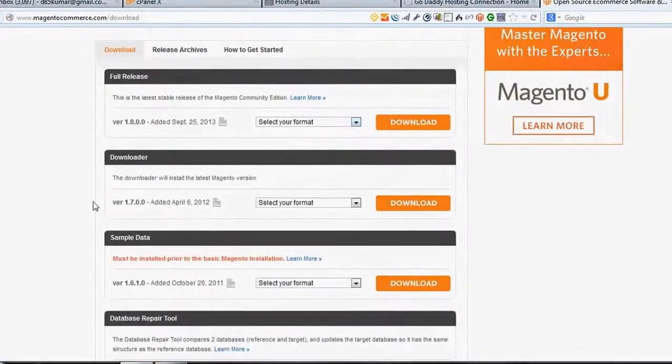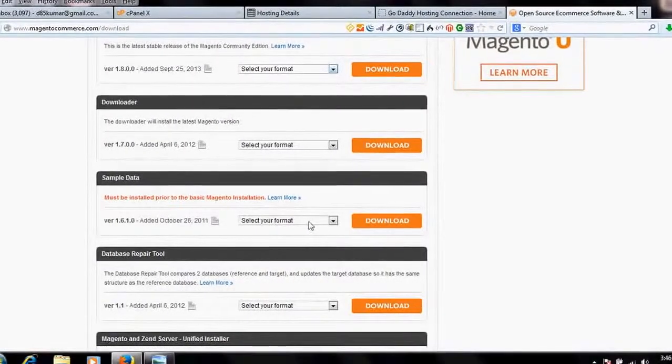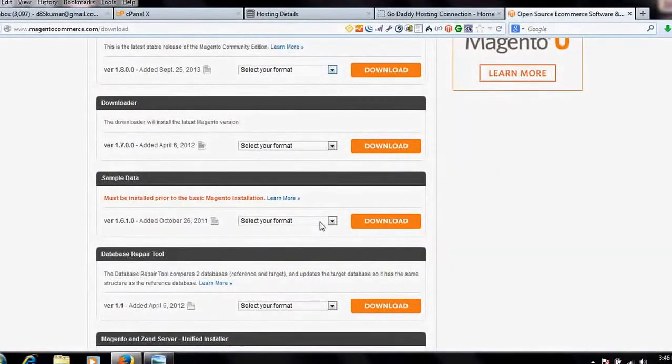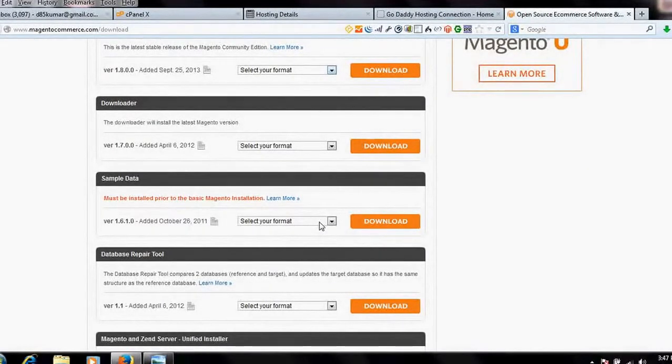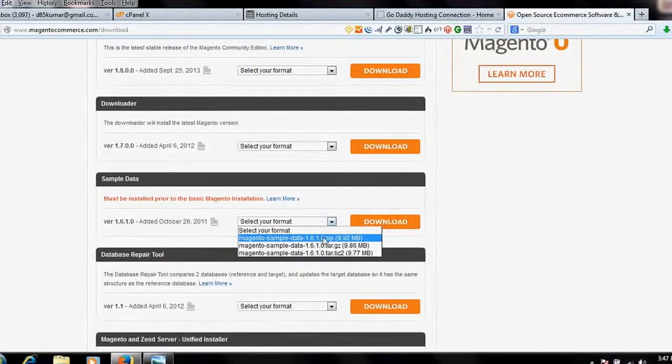Download that one. And second, sample data, because it contains a lot of pre-configured images and many things which are required in the shop. So also download this one, a GIF file of Magento sample data.